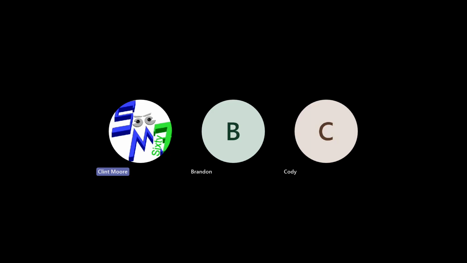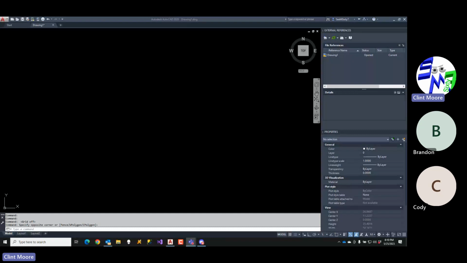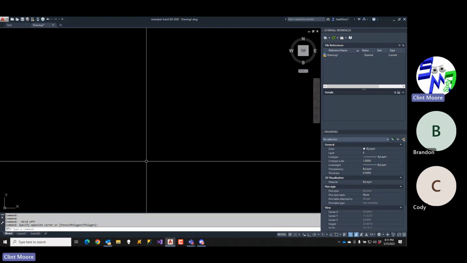The assignment was to draw a chessboard and the chess pieces, and to create the pieces as blocks so you can reuse them. Use your layer control to take advantage of either the black side or the white side. Okay, so we're going to start. I'm going to draw a line. Okay, now we know that